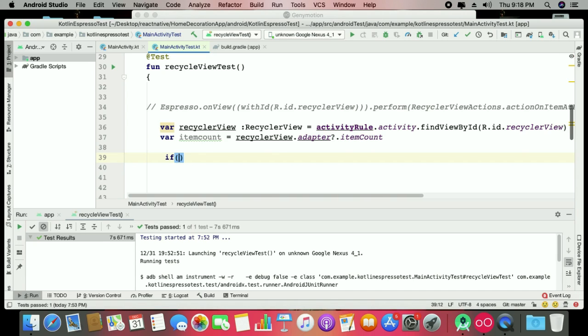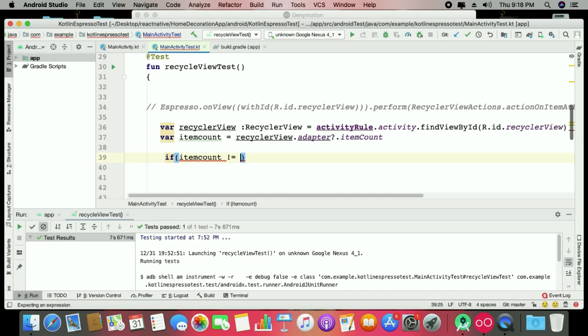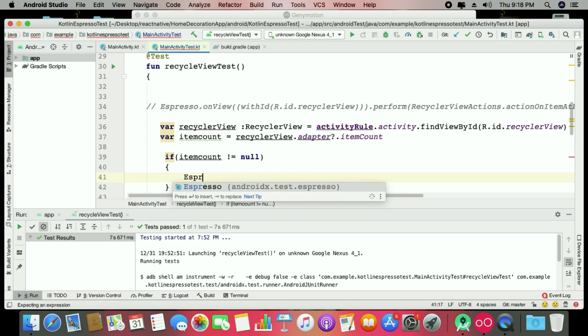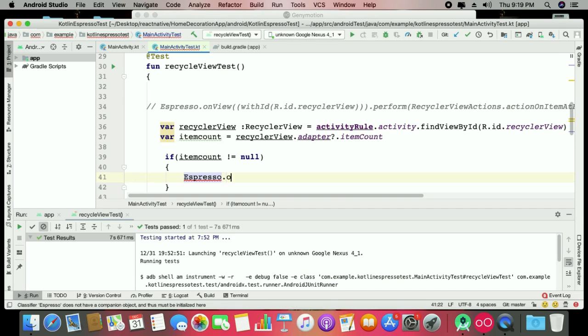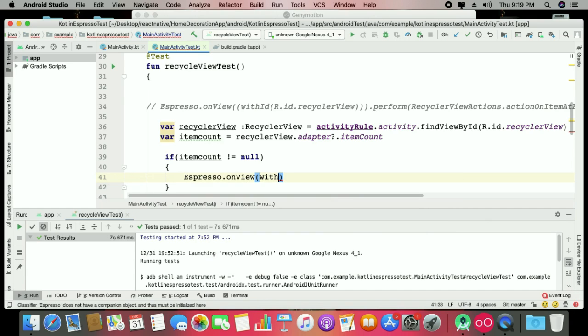So if item count is not equal to null, we have to use Espresso dot onView with ID, that's your R.id dot